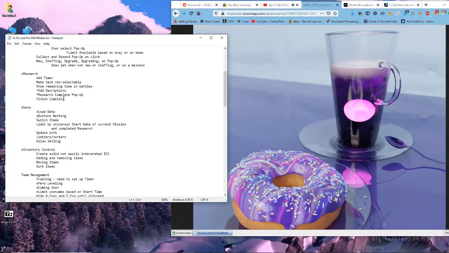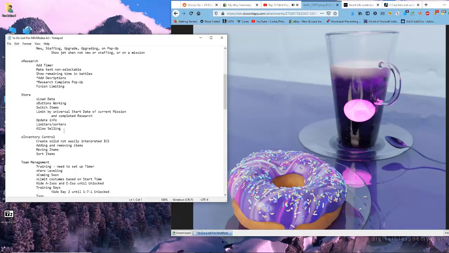Maybe the availability of research based on what you've done, and limit things that you are not allowed to get into quite yet. Working on the store, loading data, getting buttons working in the store, switching items, limit by the universal start date of the current mission, completed research, updating info, limiters and sorters, and allowing selling.